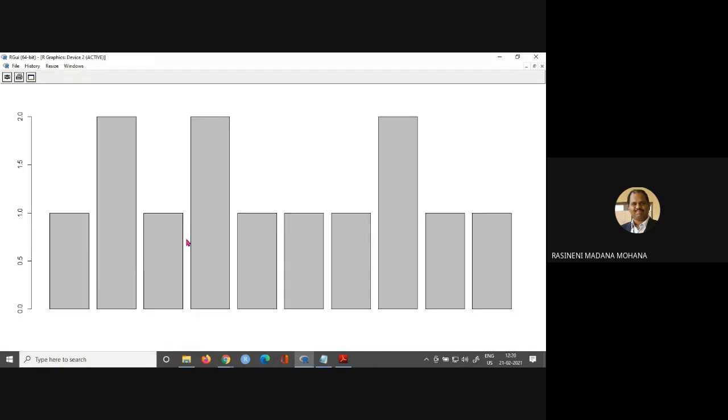Now here you can see, this is not absolute or relative frequency, only for the vector gender we used the barplot command. So this is the output. One advantage in R is that any graphical output we can print, we can also save as an image for our references. This is one advantage.